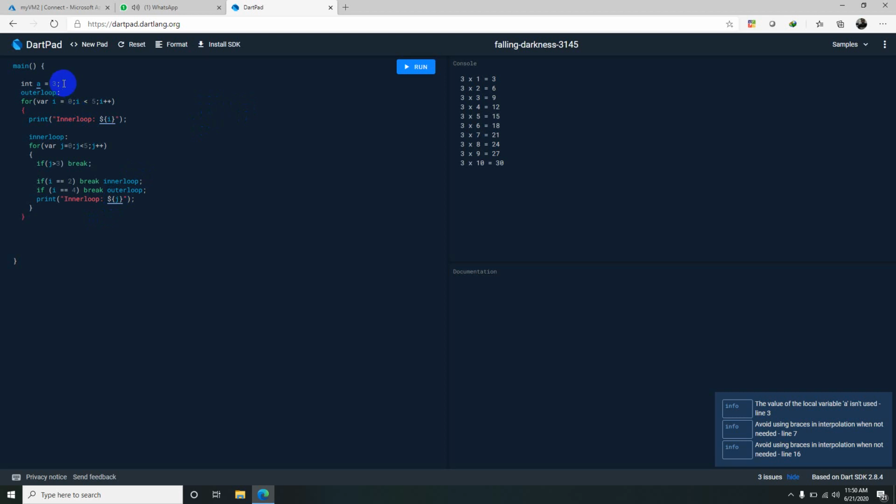Let me remove these things as I am not using that. At the inner loop, this is when i equal to 4. Let's print the i value here.